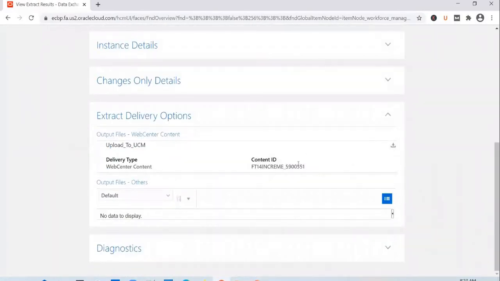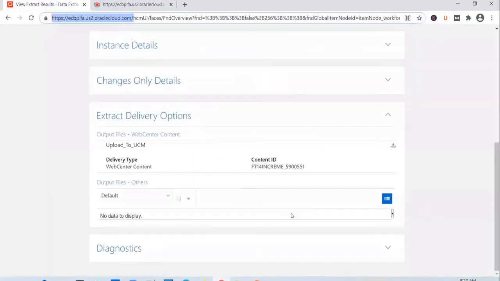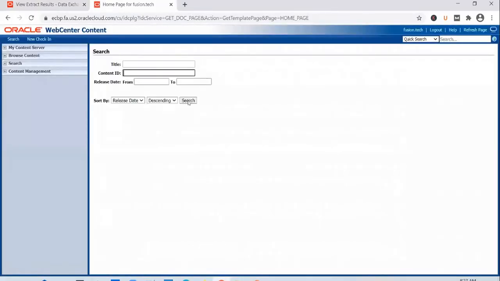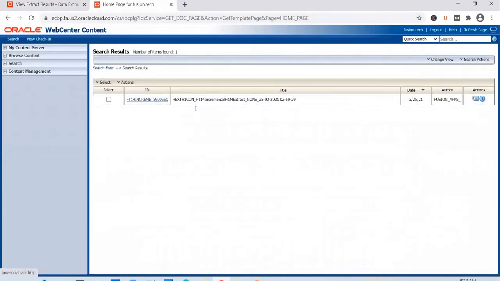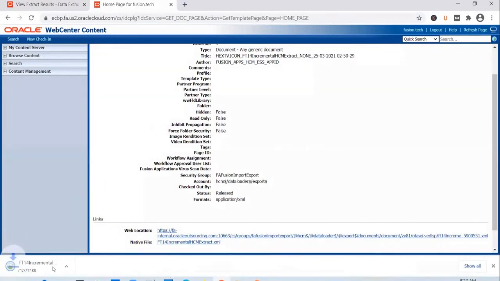You should see the file generated and uploaded to UCM. So open the UCM, copy the content ID and search for it. And you see the XML, open it.